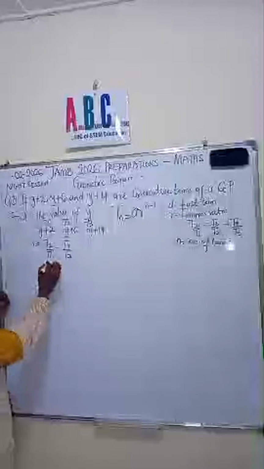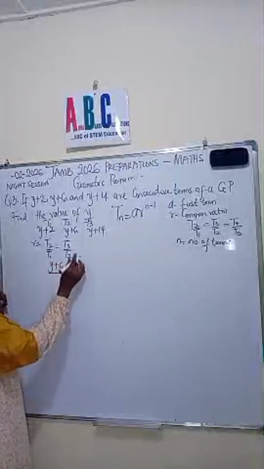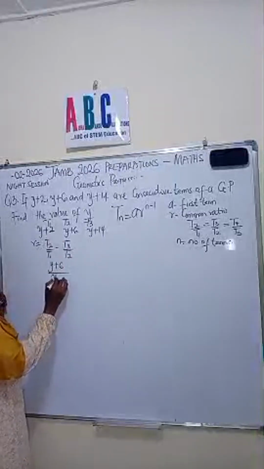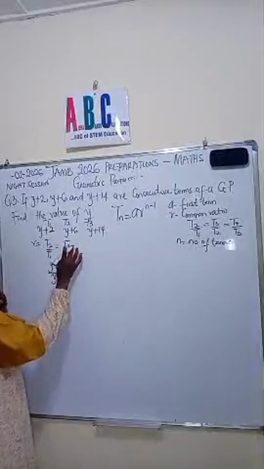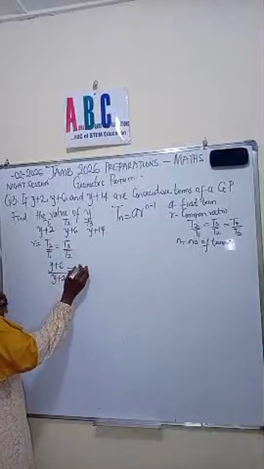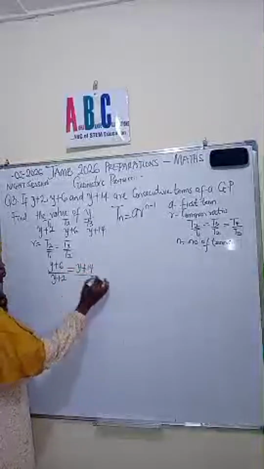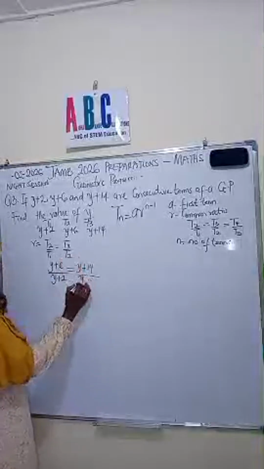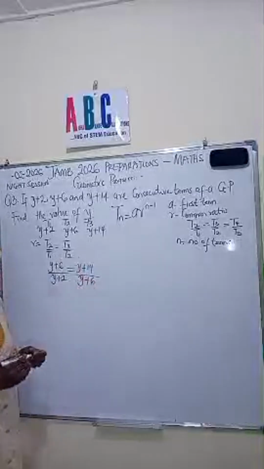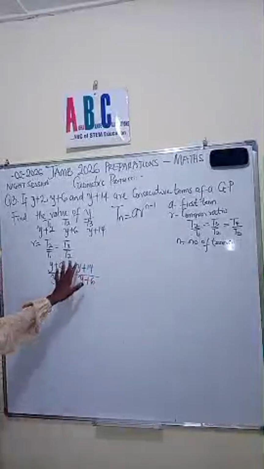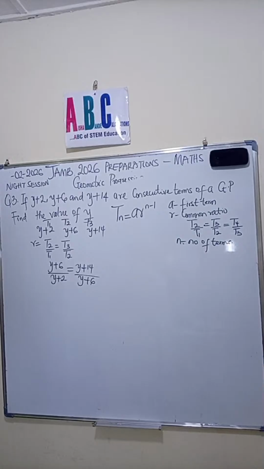T2 is y plus 6 over T1, which is y plus 2, equal to T3, which is y plus 14 over T2, which is y plus 6. Remember, we are looking for the value of y. So after doing this section, Prof, okay, y is equal to 2. Oh, I didn't even write out the